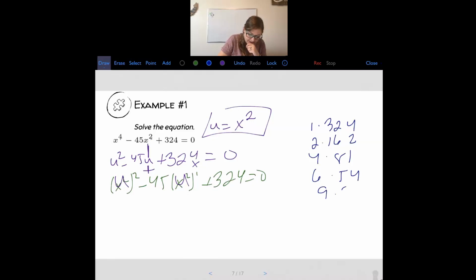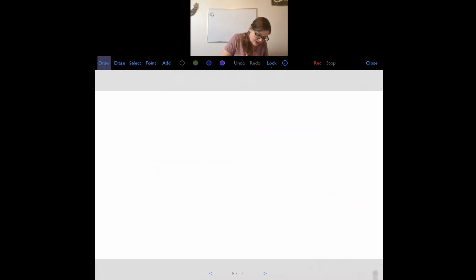And 9 times 36. Okay, so actually both of these would have to be negative in order to add to a negative and multiply to a positive. So my two numbers are negative 9 and negative 36. Okay, so again we have u squared minus 45u plus 324 equals 0. And we just found u minus 9 and u minus 36